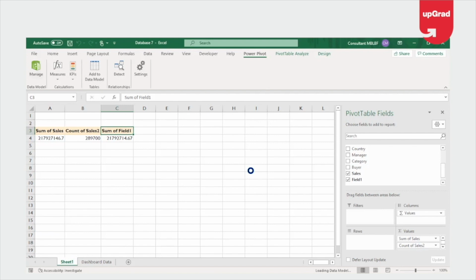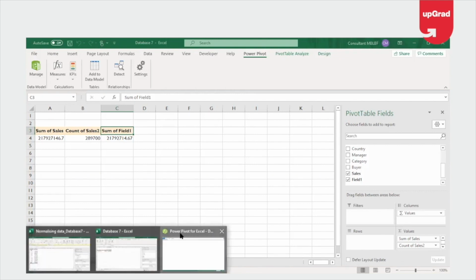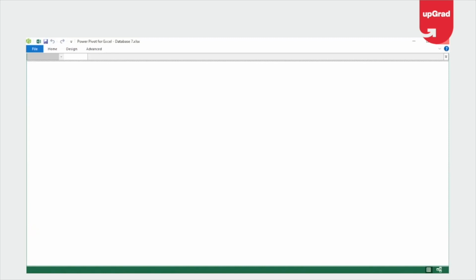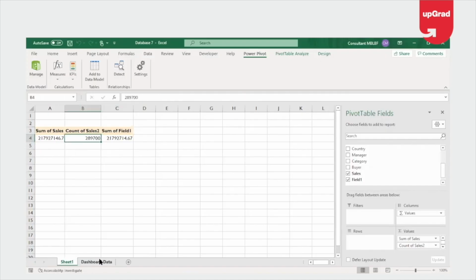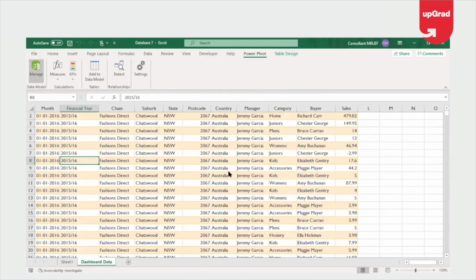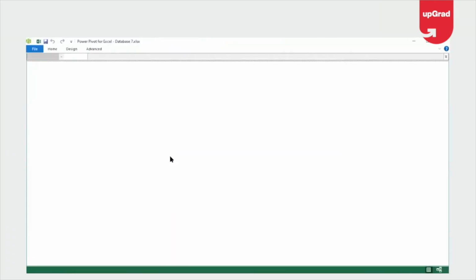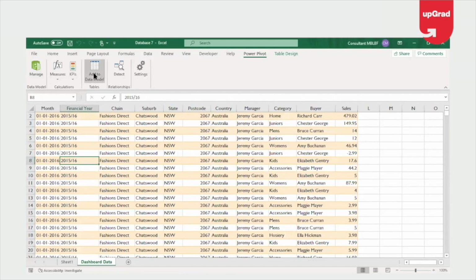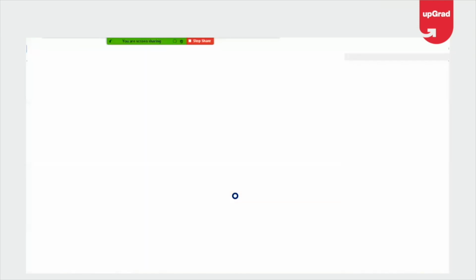Like we had already seen, there are different ways to create measures, which you can do through the Power Pivot window or through the pivot table. We are going to see that when you create the measure in the Power Pivot window, it allows you to do a lot of things over just using it on your data here. So I'm just going to the manage window to see where you have that data. Here I do not have the data, so I'll have to add it to the model.